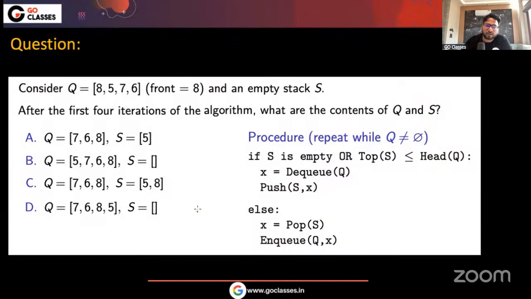So maybe I can just make this option correct.